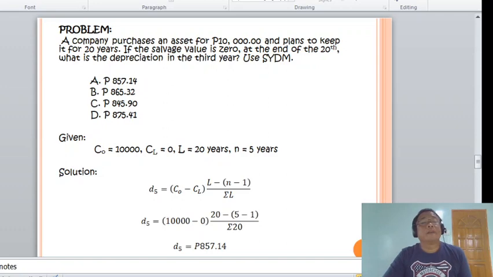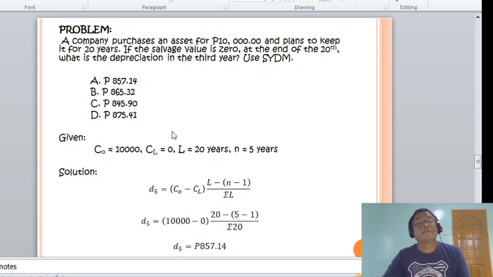Another, we have here a company that purchases an asset of 10,000 and plans to keep it for 20 years. If the salvage value is 0 at the end of 20 years, what is the depreciation in the third year using the sum of the years digit method? Again, a multiple choice problem. Given, and then the solution for D5, or the depreciation during the fifth year. A very short cut: that is Co minus Cl multiplied by L,